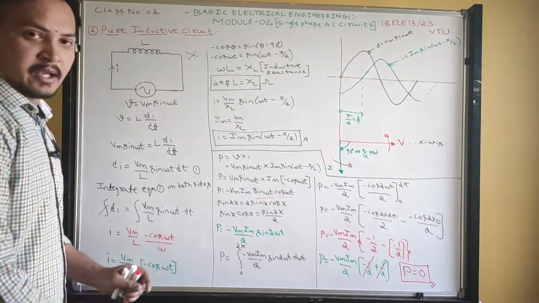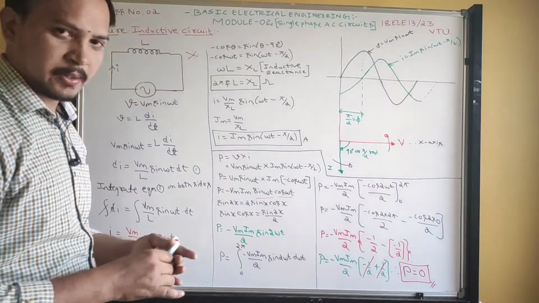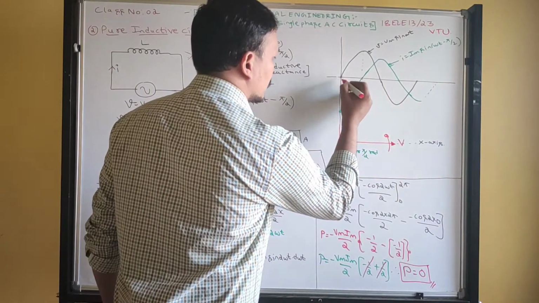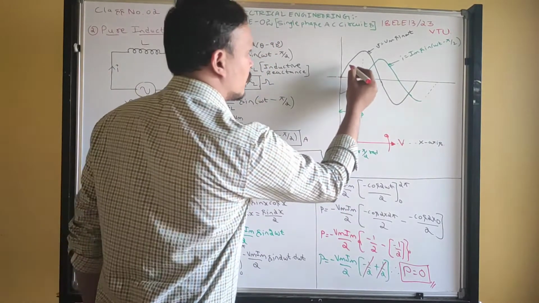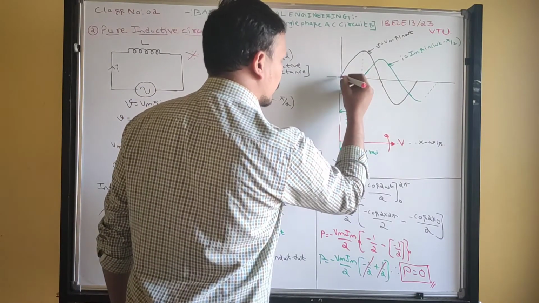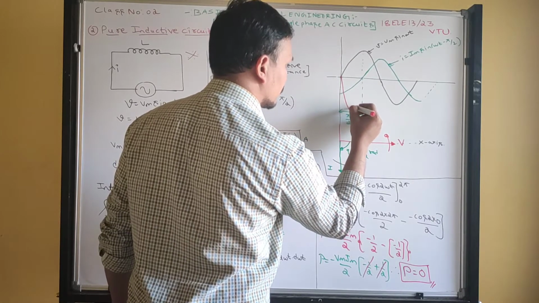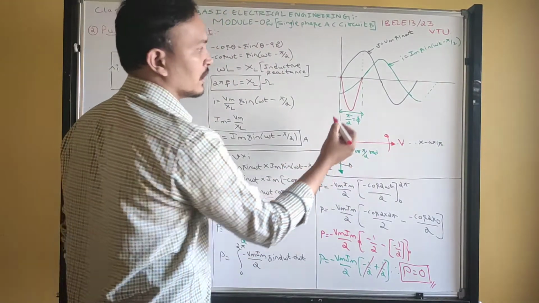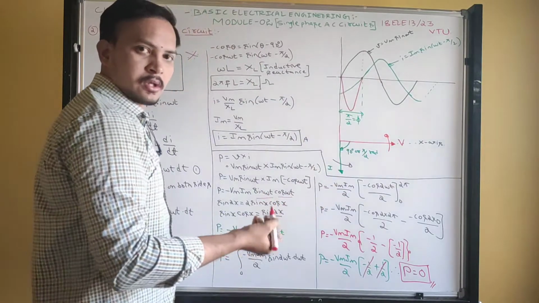Now graphically we can do. Now multiply voltage and current waveforms. Multiply that. See, I will take red color. See, voltage is 0, current is maximum. Something 0 into maximum, you will get 0 only. Positive into negative, you will get negative. So if I multiply these two waveforms, you will get power waveform like this. It will keep on increasing, it reaches maximum value. Again at this instant, power will become 0. Look at here, 0 current, maximum voltage. Something into 0, 0 only.